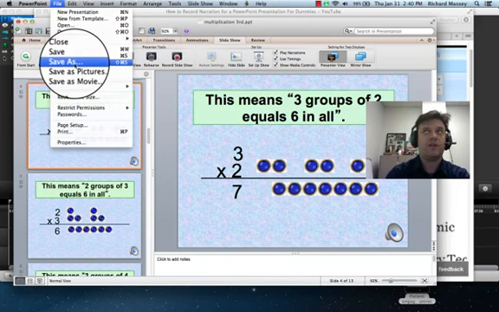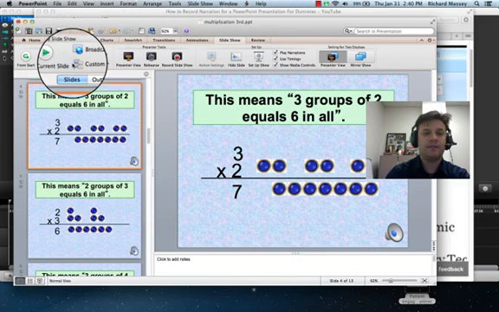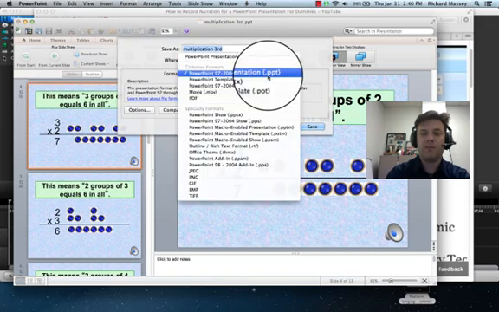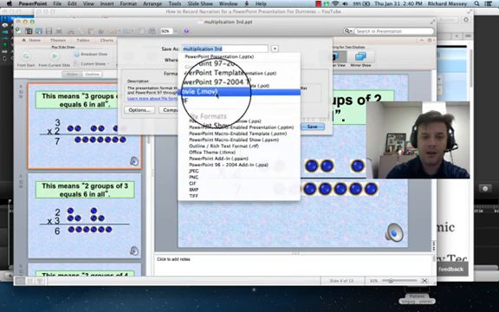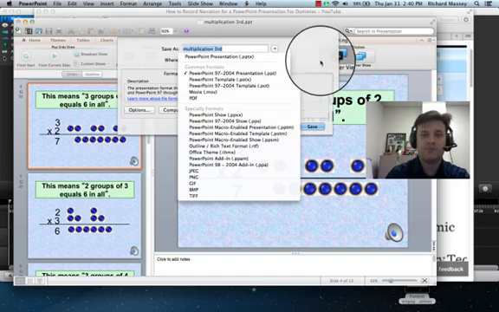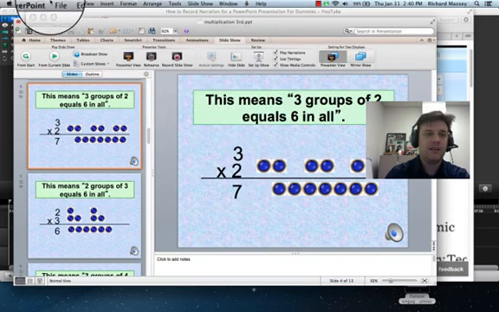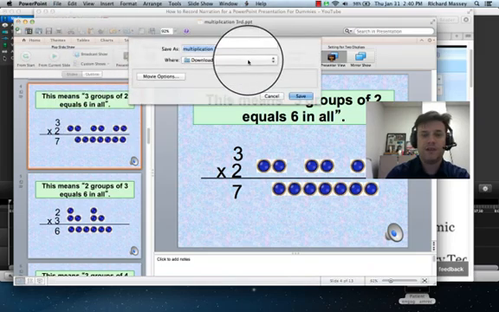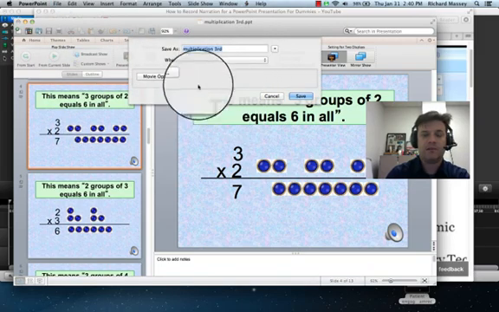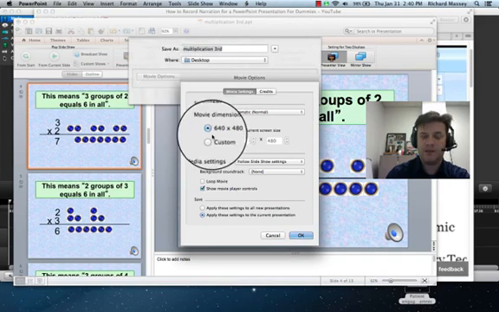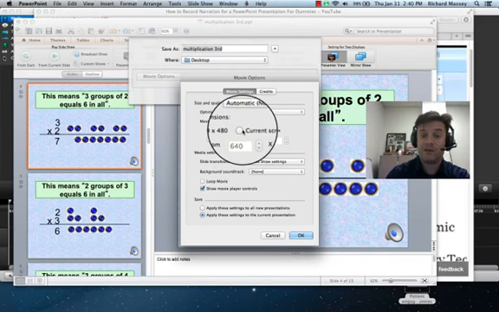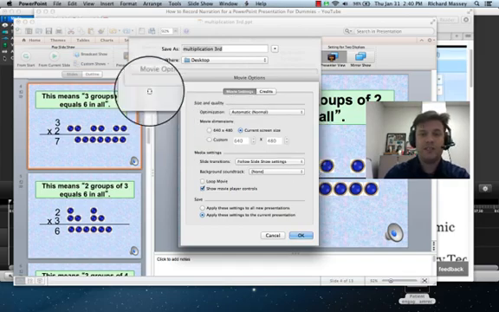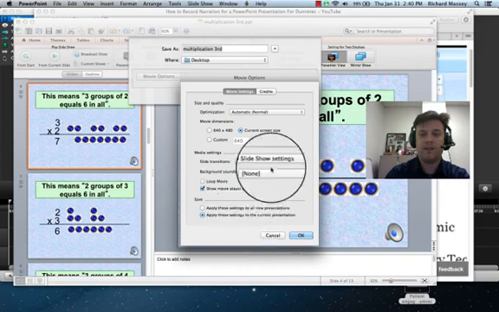If you are working with an older version of PowerPoint, you will find that under Save As, and the movie format will be here in the drop-down menu. Here it is, Movie, M-O-V. It's exactly the same as going over to Save As Movie. I want to aim it at my desktop, and let's go to Movie Options. 640 by 480, that's kind of small. I want it high resolution or high definition, so I'm going to go with the current size, which I set this recording to be the entire